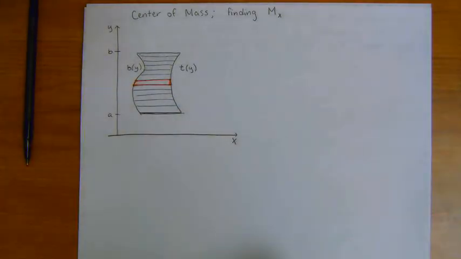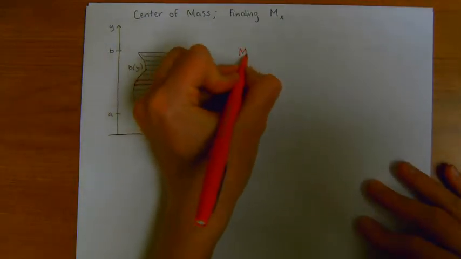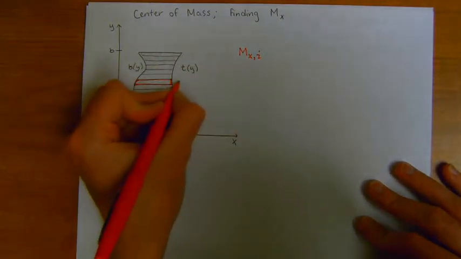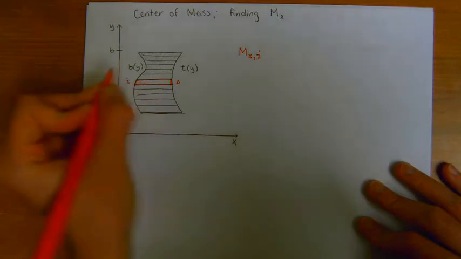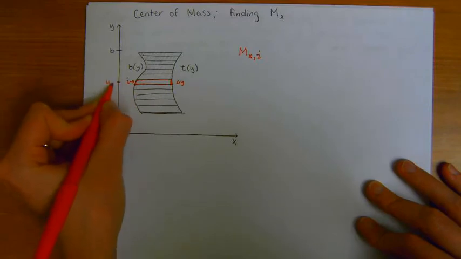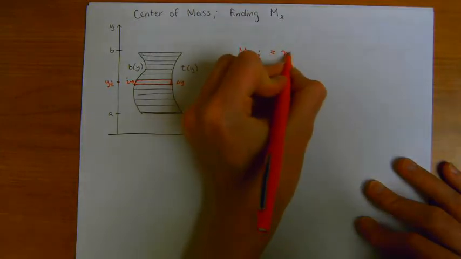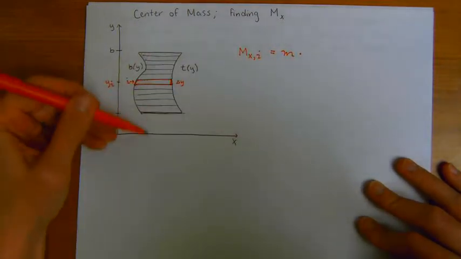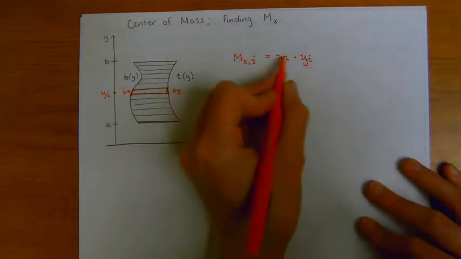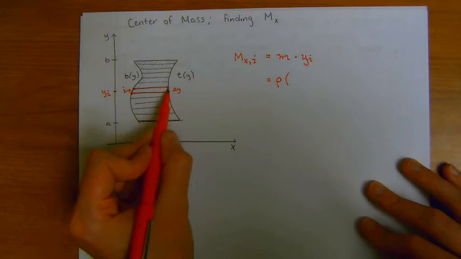for this strip right here, maybe I'll even write it in red, m sub x sub i is telling me my moment for this ith strip, and it's going to be equal to the mass of the strip times the distance from the x-axis, which is y sub i. And just like before, the mass of the strip is going to be equal to the density times the area